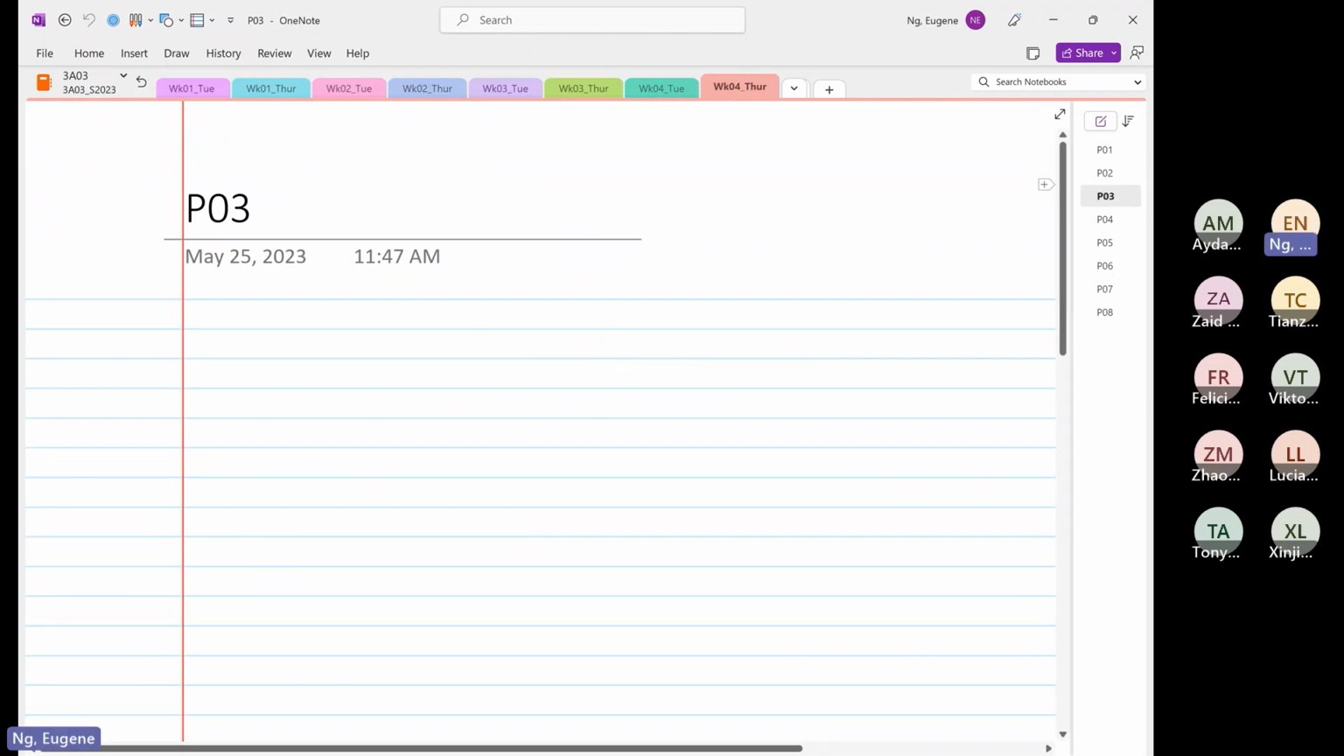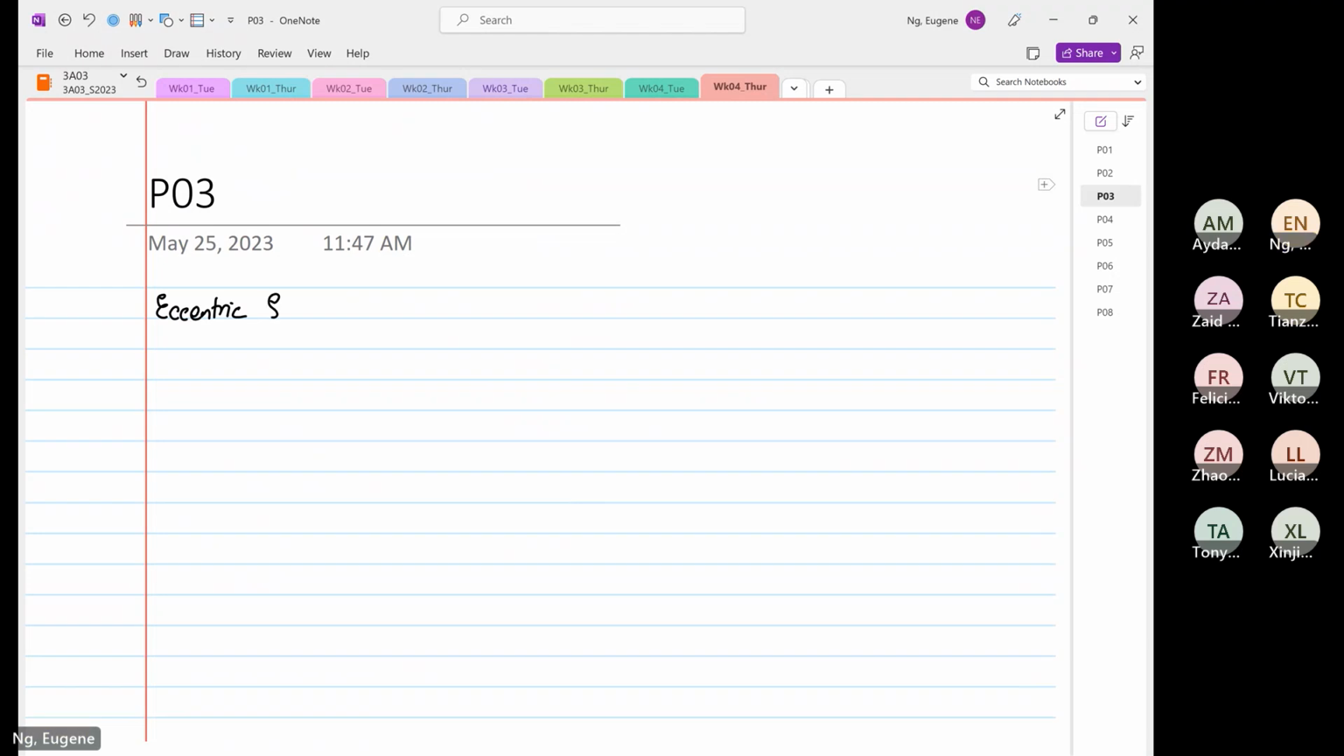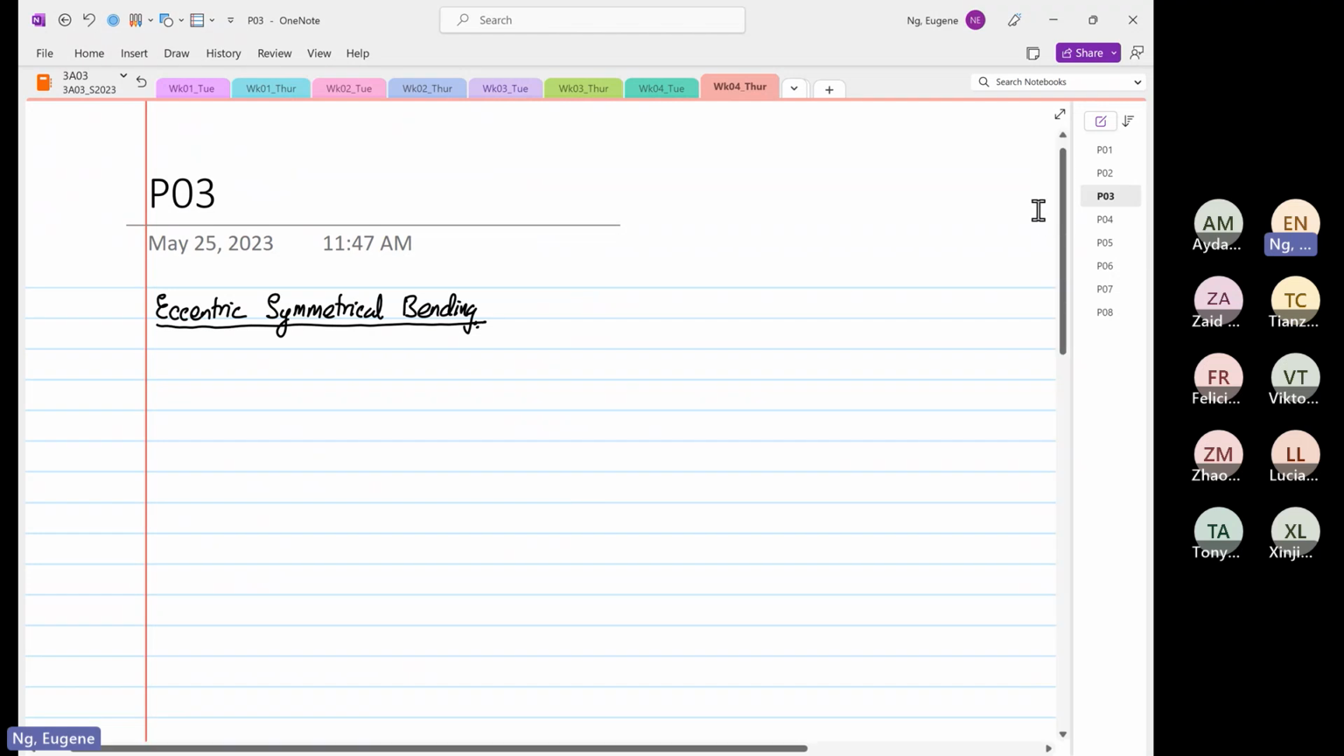So the next topic I'm going to do is one that's very important. Okay, so it's known as eccentric symmetrical bending. Okay. So I've posted these diagrams